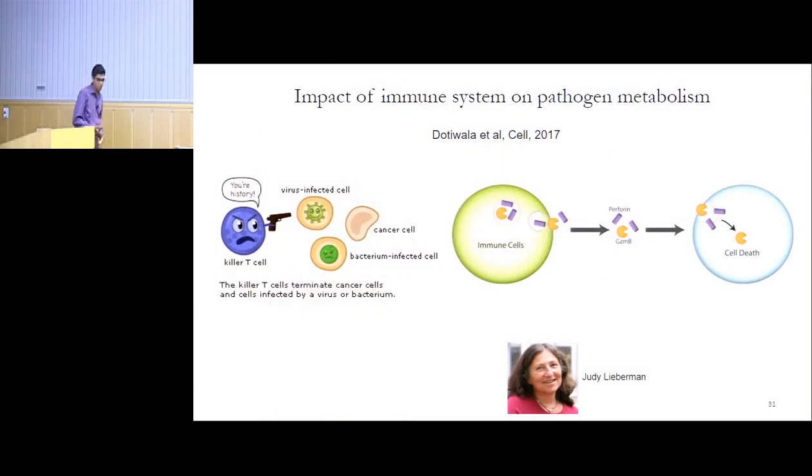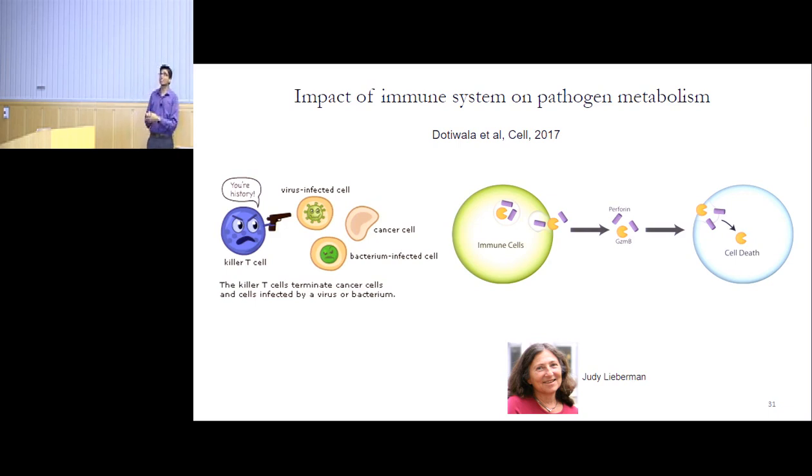So for the example of proteomics, I'm going to talk about recent work that I did in collaboration with Judy Lieberman's immunology lab at Harvard Medical School. We were interested in studying a new mechanism by which immune cells were predicted to clear pathogens. Killer T cells play an important role in your body. They play an important role in clearing cells infected with bacteria and viruses, and they also play an important role in clearing cancer cells. And so we were interested in a new mechanism by which these killer T cells are clearing these bacterium infected cells. So normally this is how they do it.